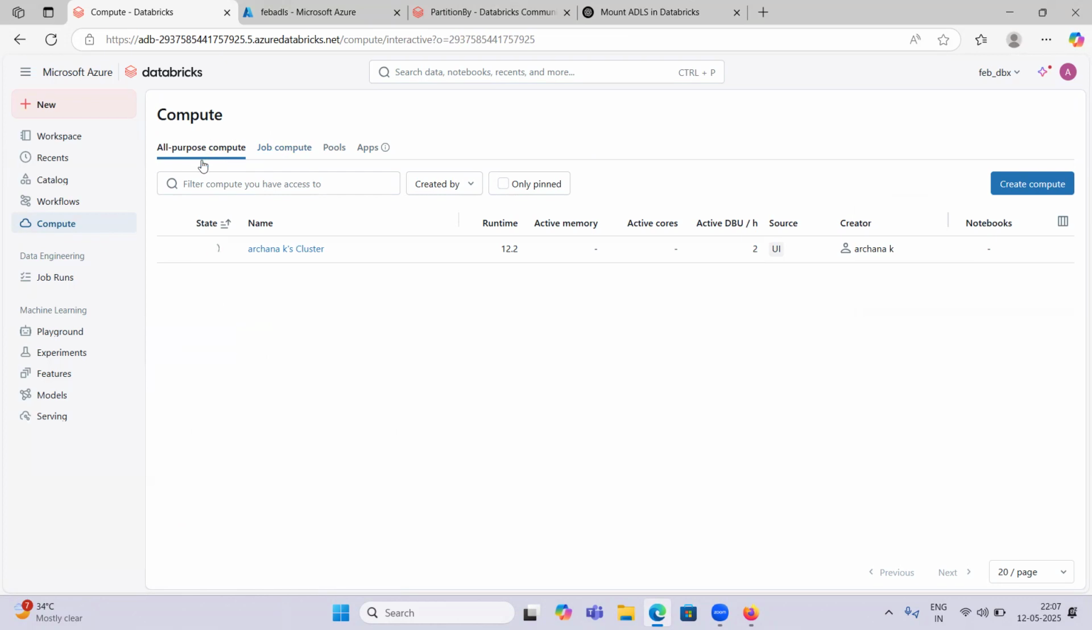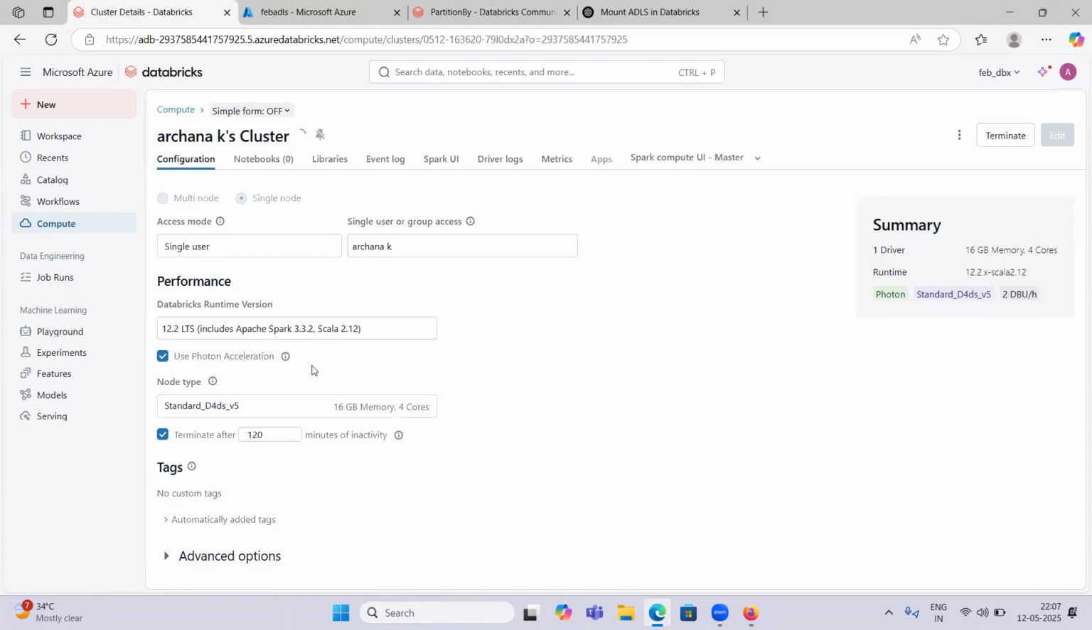If you create this all-purpose compute, you are providing some configurations, right? A runtime version. The latest runtime version is 16.4. Now we are performing a very small task, so I am giving only 16 GB. If your data set is very large, then you can select 32 or 64. It depends. And terminate after 120 minutes of inactivity. So if the cluster is not used by anyone continuously for 2 hours, it is automatically going to